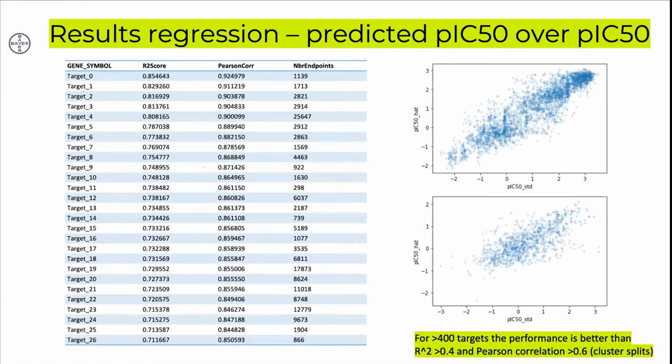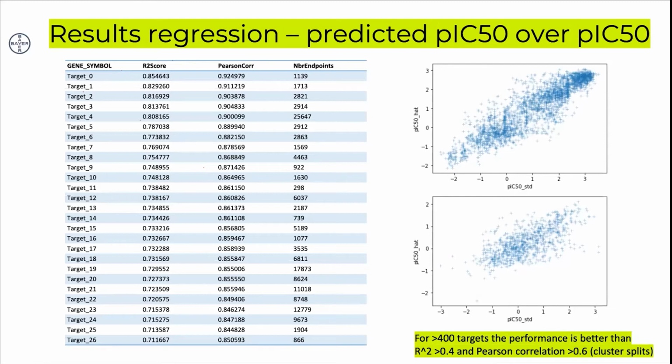I will walk you a little bit through the results. I cannot show gene symbols, but what we have basically done here is take our in-house data set, a little bit more than 2.2 million pIC50 measurements across a little bit more than 1,000 proteins. Then we did a compound cluster-out cross-validation. What you always see here are the aggregated R-square and Pearson correlation for one target, averaged across the different leave-out folds.